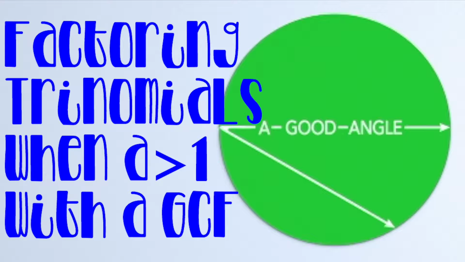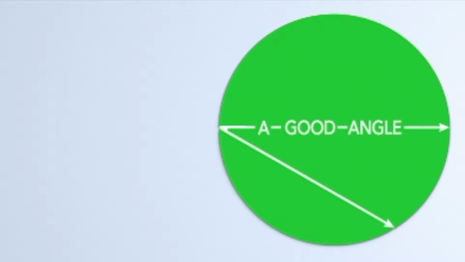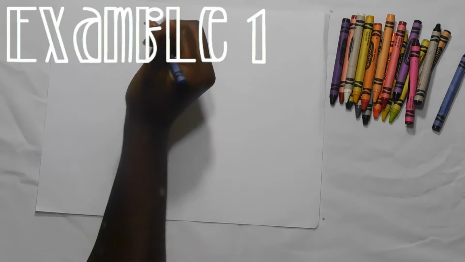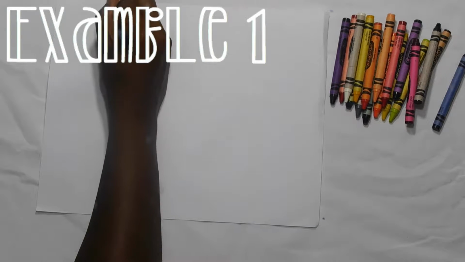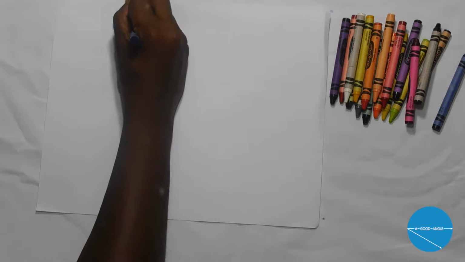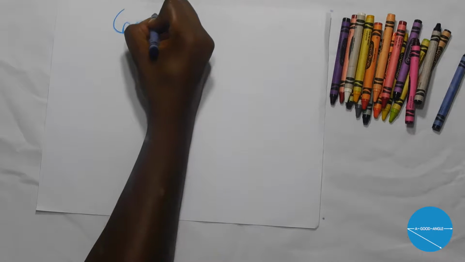In this video, we're going to be factoring trinomials when A is greater than 1 with a GCF. We're going to do 2 examples. Alright, so we're going to do our first example. Alright, so we got 6n squared plus